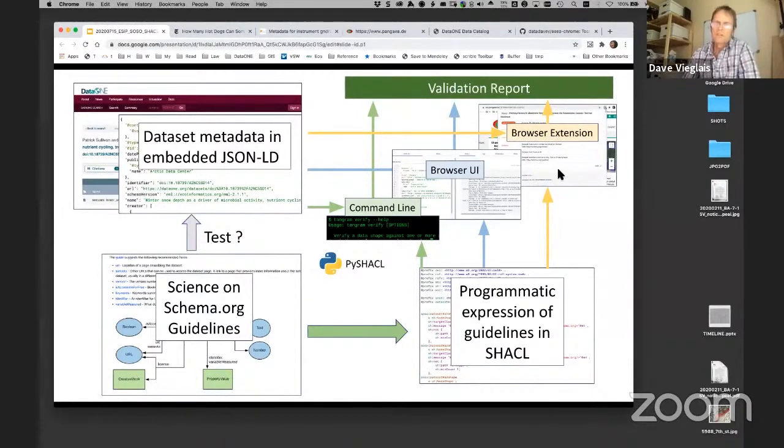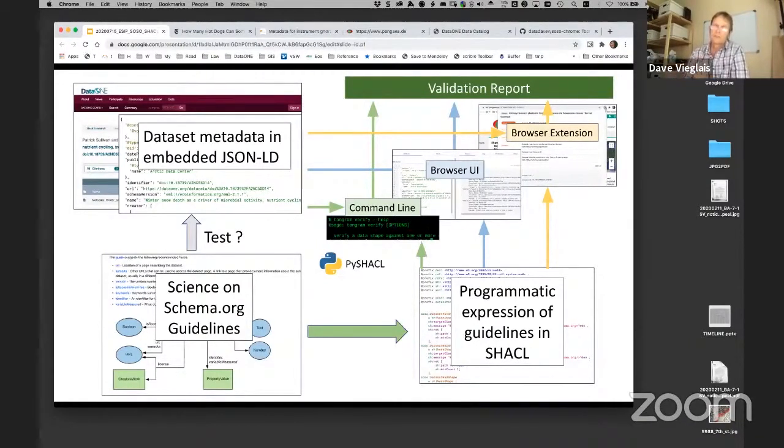the tooling in place now, and there are three basically different types of implementations of tooling. One is the command line tool, which is very useful when you're developing, in particular, the SHACL rules themselves, because it watches for the files on your local disk for changes and reruns the rules every time there's a change.